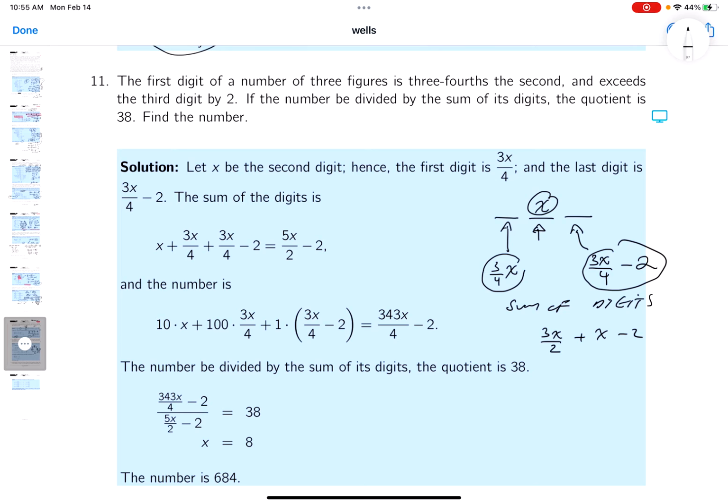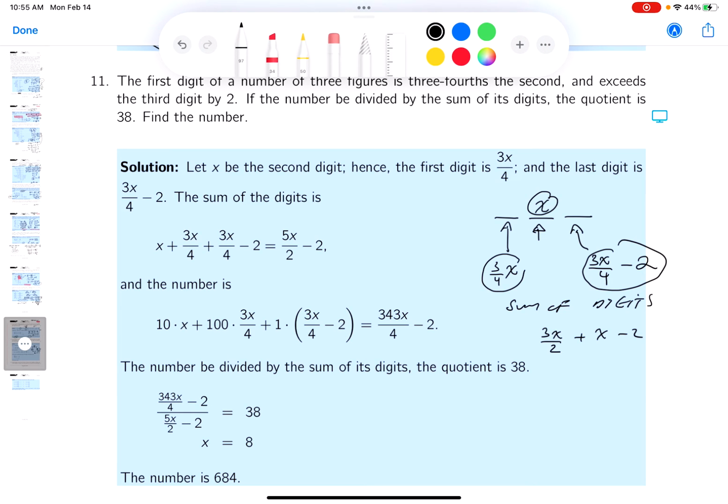All right, I'm going to start going to the key now. I'm going to start reading it to you. It says, x is the second digit. We did that certainly. First digit, we did that certainly. The last digit, we did that certainly. We also did a sum of the digits. I got this part covered. All right, so I'm going to say that's covered. We did that. But I want to go back to this thing. It says the number. What's the number going to be? Well, the number